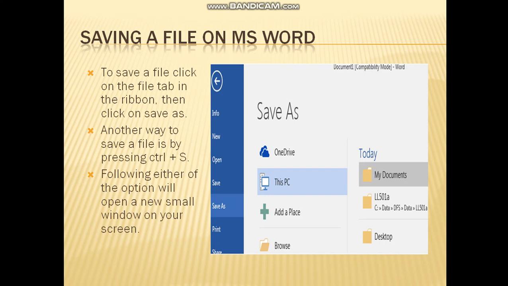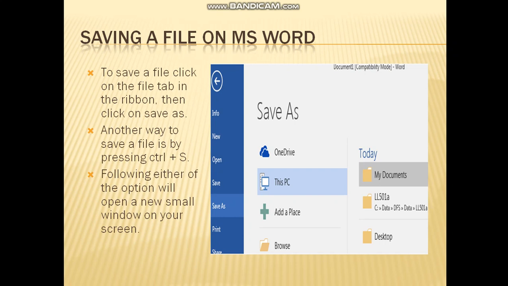After you have done all of your work, you will need to know how to save your file. Again, you can save your work by going into the File tab. First you will click on the File tab, and then you will click on the Save As button, and then you will choose where you want to save your file, and then you will name your file.